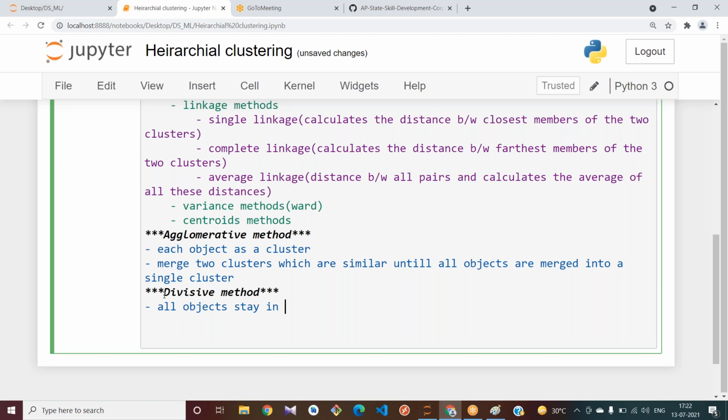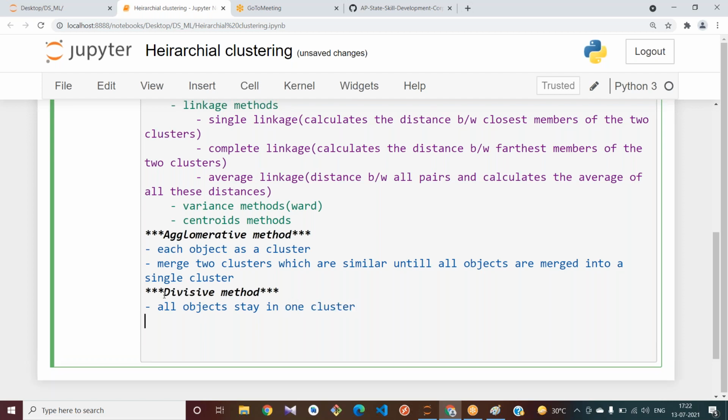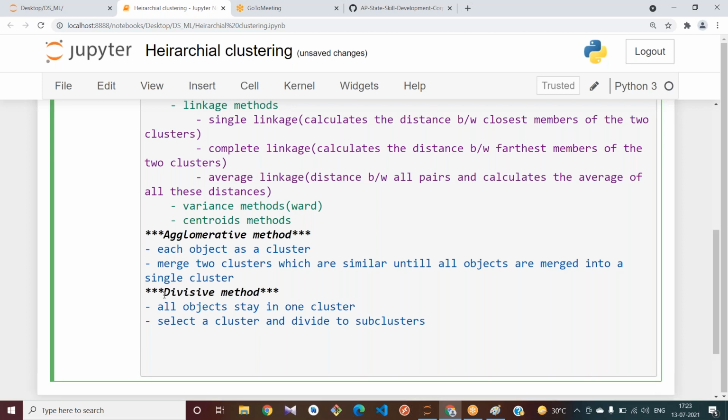Yes, thank you for your responses. And what is the next part? You should select a cluster and divide it into subclusters. This is the divisive method.